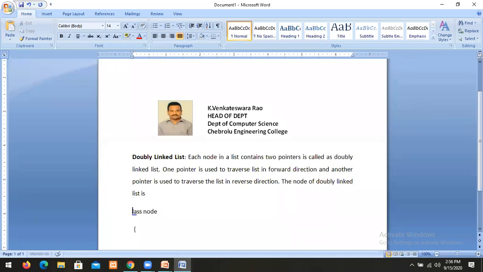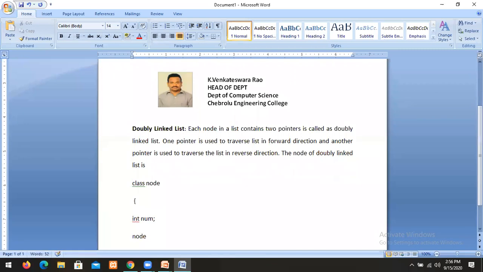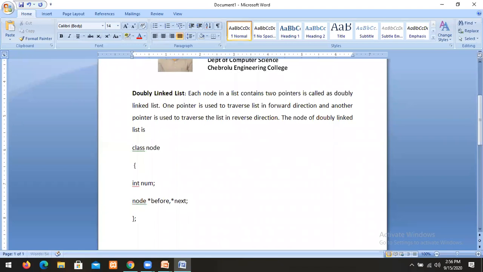Class node, int number is the one data member. The data member is of int data type, and we have two pointers, node star before, star next. While in the case of a singly linked list we have only one pointer, next, in a doubly linked list it has two pointers, before and next.